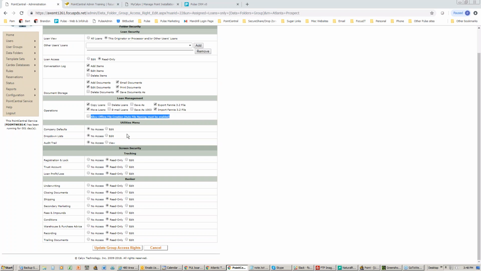Down here under company defaults, this is a loan officer, or a potential contract processor. Someone I only want to have rights to see their own loans. I don't want them to have access to the company defaults or the drop-down list or the audit trail. Now, the company defaults and the drop-down list, that means that I don't want them to have access to go